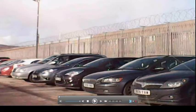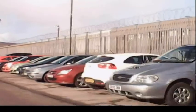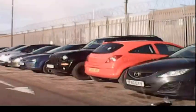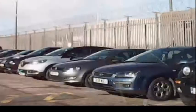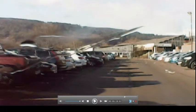This one was in the car park while I was waiting for when we were going to the Royal Mint. There were 3 legal number plates, but this was the only one I got on camera. The other 2 I wrote down. JH020KH, they've clearly got rid of the space. Because you have to have the space next to the number, and if there's no space, there's not one next